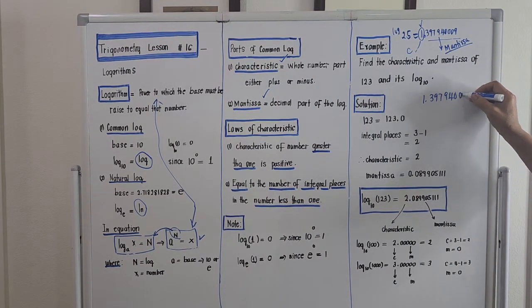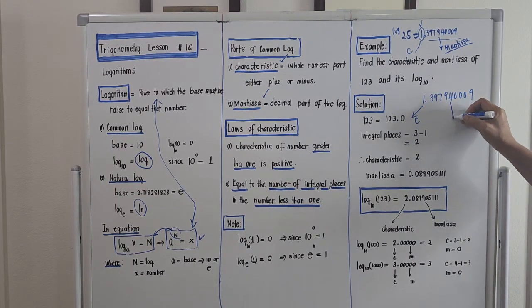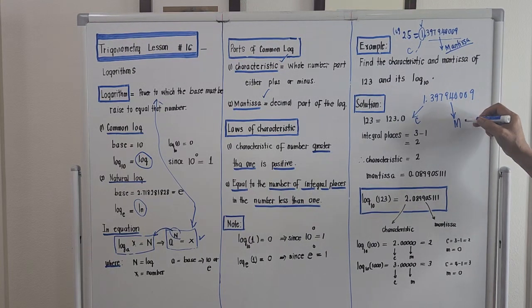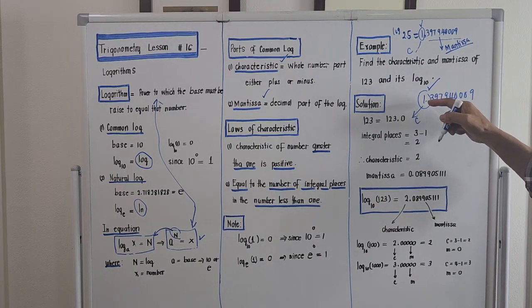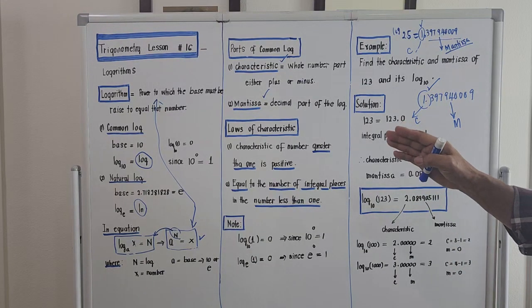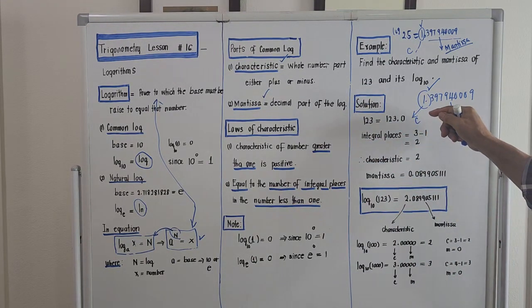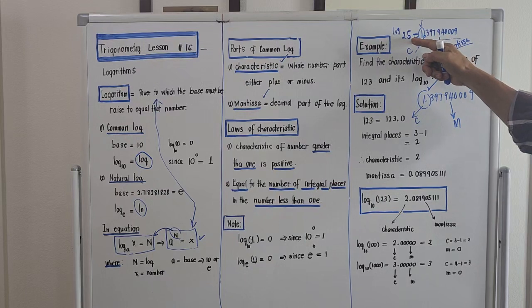940 009. So this one is the characteristic and this one is the mantissa. Even without using the calculator, I could determine that the characteristic of 25 is 1. Here I will try to bring out the secret on how to determine the characteristic. The characteristic is actually the total number of integral parts starting from the decimal point,